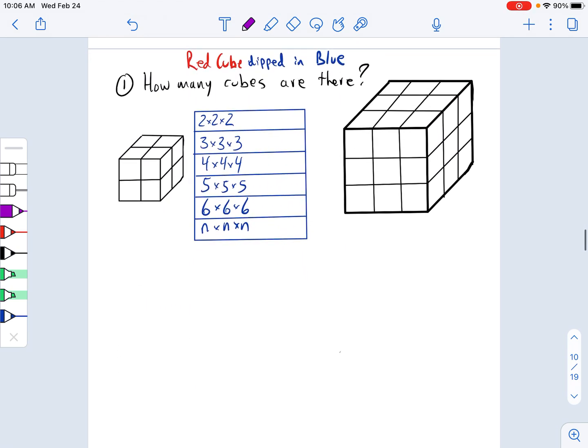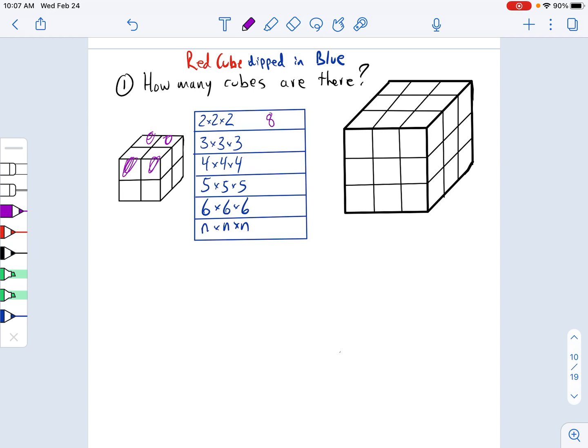To start, remember we have a red cube dipped in blue. And so you want to think, okay, how many cubes are there? I drew these cubes to make your lives easy, guys. Just on Notability, draw a good looking cube so you have it to work with, and then you can copy it and paste it and copy it and paste it. Some of you looked at, all right, I'm going to just count: here's a cube, there's a cube, there's a cube, there's a cube, and then I have that layer is 4,